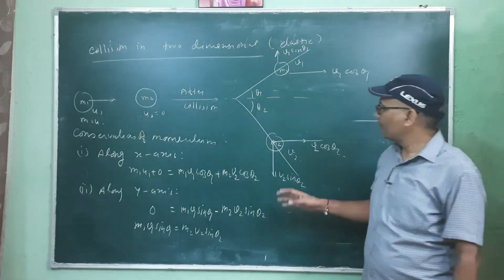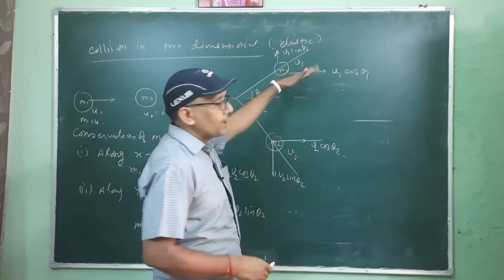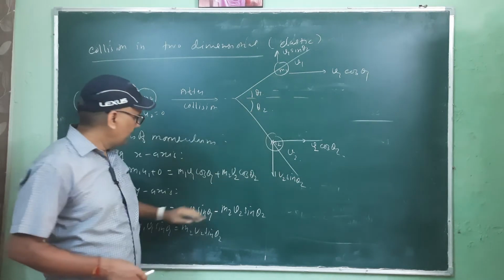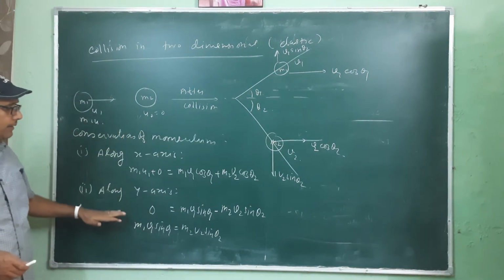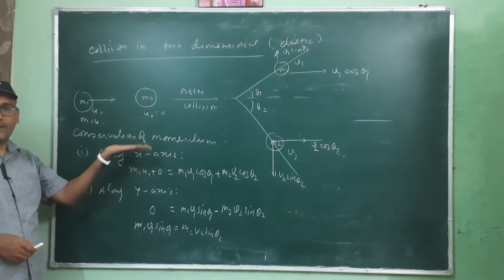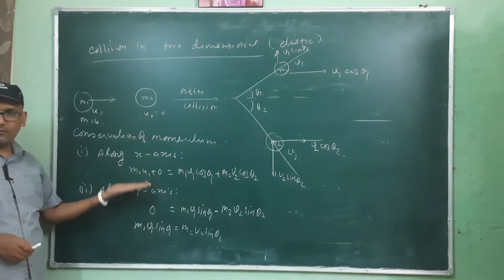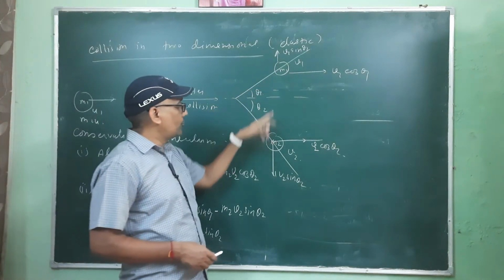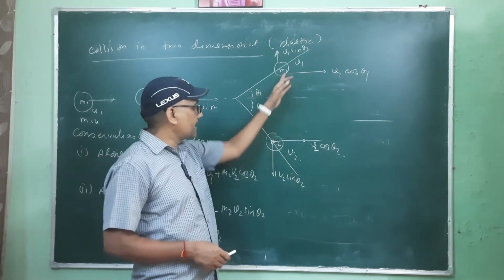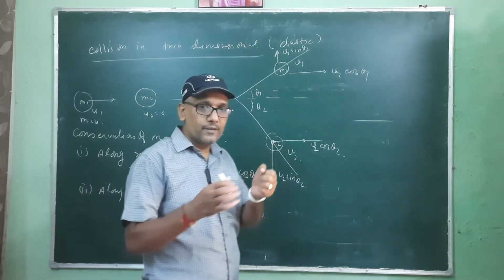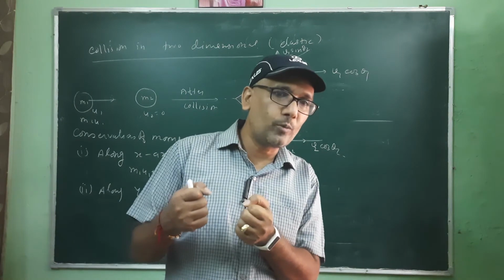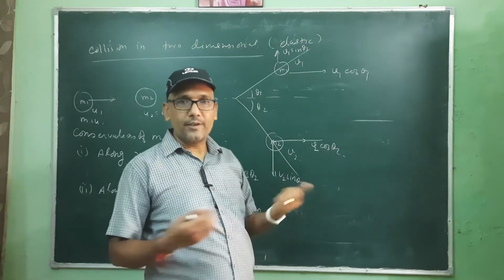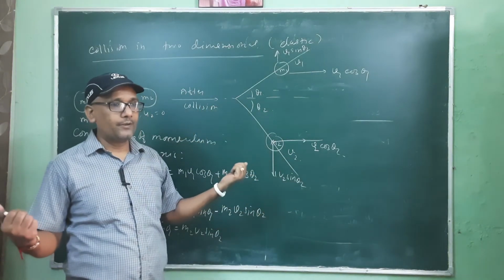So what you have to do is take the components along the x-axis and y-axis in terms of cos theta and sin theta, and use conservation of momentum, because this is an elastic type collision. For an inelastic collision you can also take it, but for perfectly inelastic collision such cases are not possible because the two bodies stick. दोनों बॉडी दूसरे में चिपक जाते हैं. बाउंस अगर कोई होता है तब इलास्टिक टाइप कोलिजन होता है, दोनों सेपरेट हो जाते हैं सेपरेट डायरेक्शन.